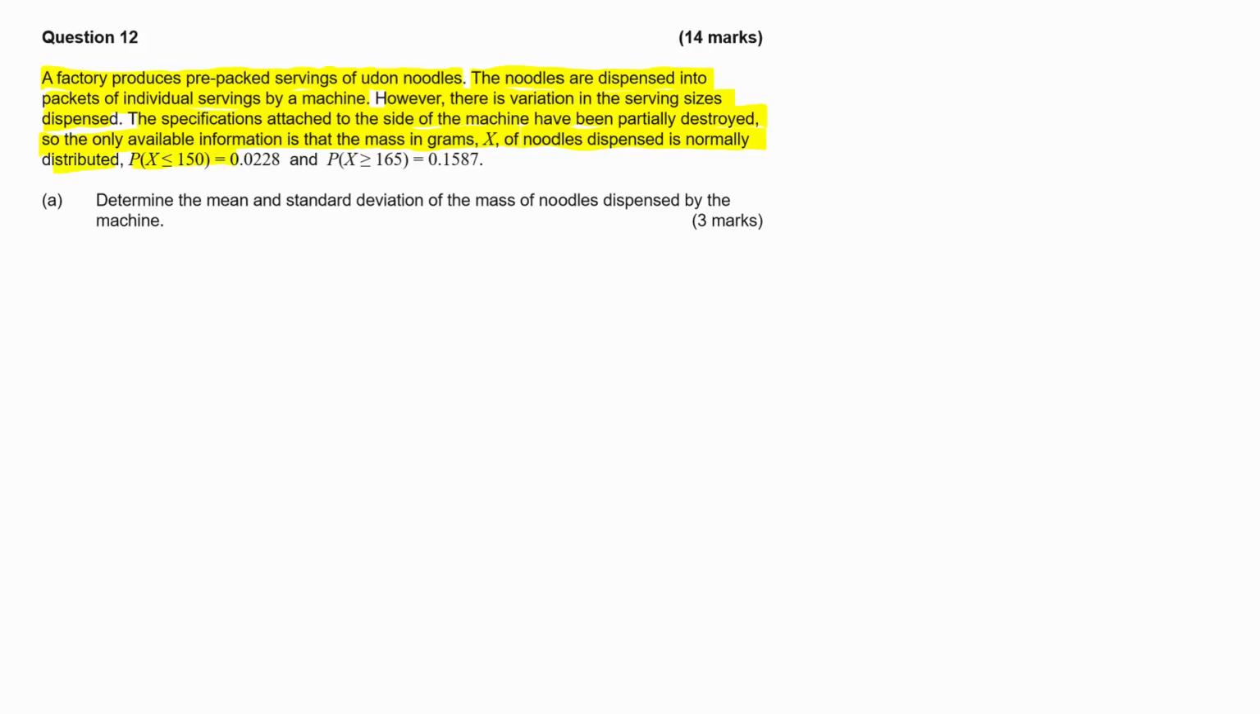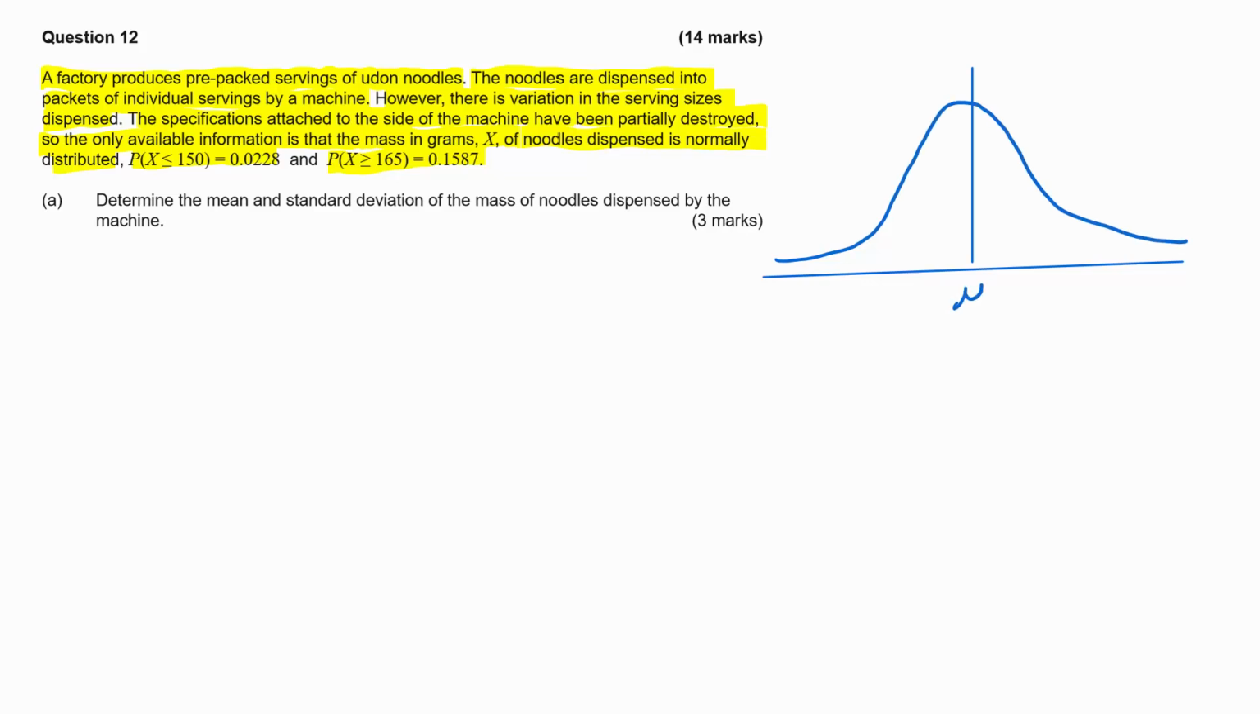We're told the probability that X is less than or equal to 150 is 0.0228, and the probability of X being greater than 165 is 0.1587. So if it's normally distributed, like so, and we have the mean here and the standard deviation is sigma,